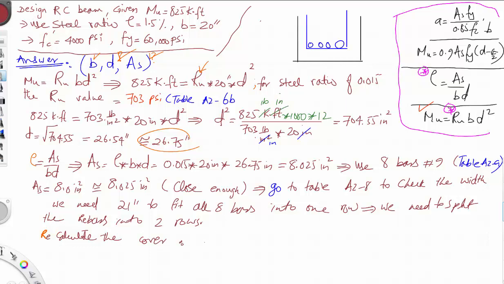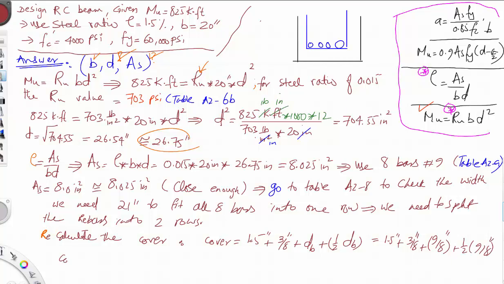So use this equation, which is cover is equal to 1.5 inch plus 3/8 of an inch plus the diameter of the bar plus half of the diameter of the bar, equal to 1.5 inch plus 3/8 of an inch plus number 9 is 9 divided by 8 of an inch, and half of it is half of 9 divided by 8 of an inch. So the cover is equal to